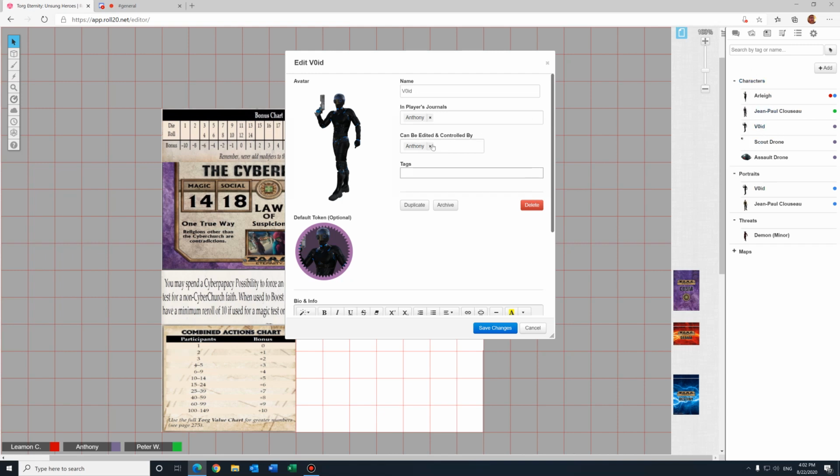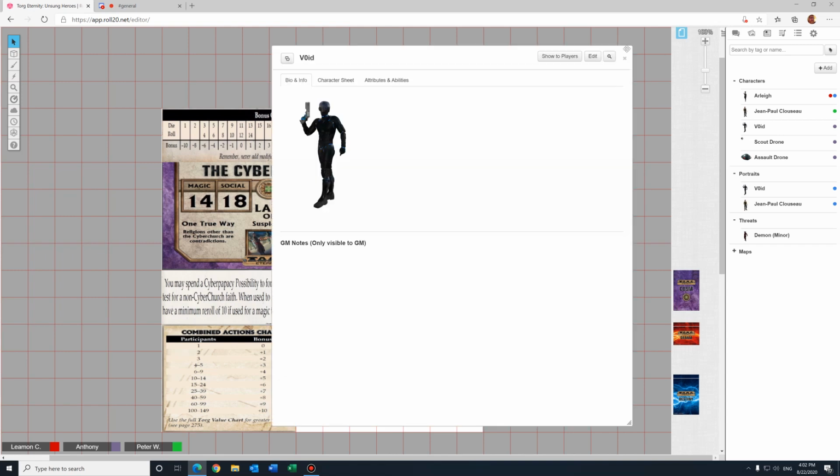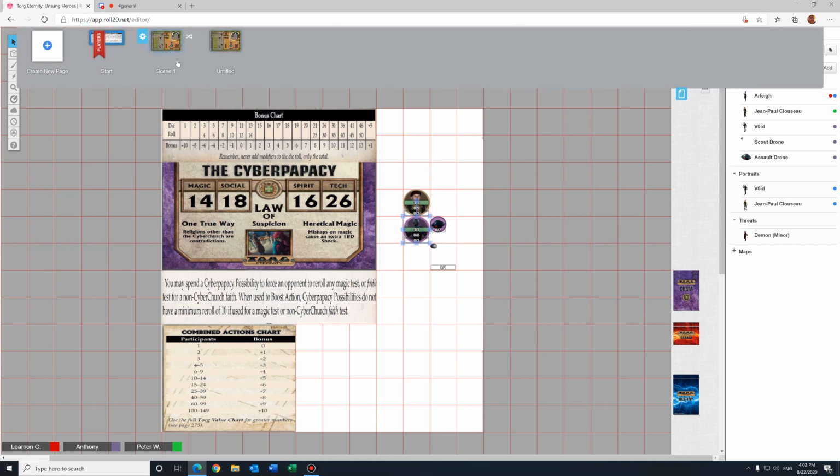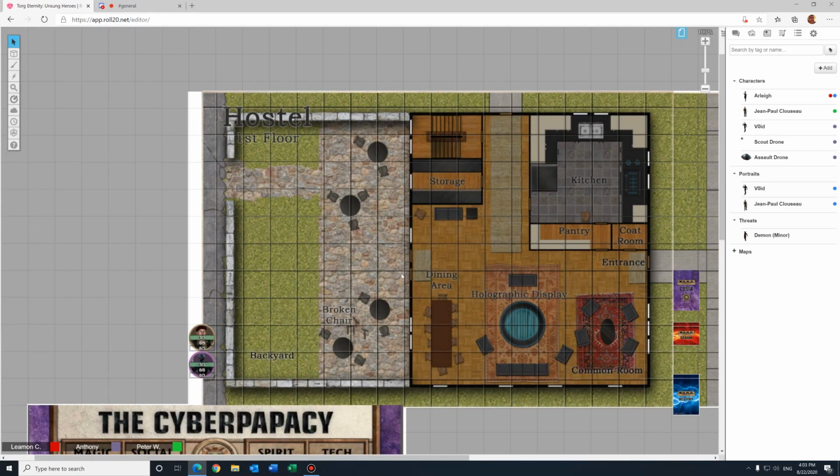Peter, I forgot to give him control of editing, so he wasn't able to get into the character sheet. One thing I'll show you real fast is, if you remember the last video, you can take a player and put them onto a different map. So if I put myself onto the map that I made earlier and I go over to that map,